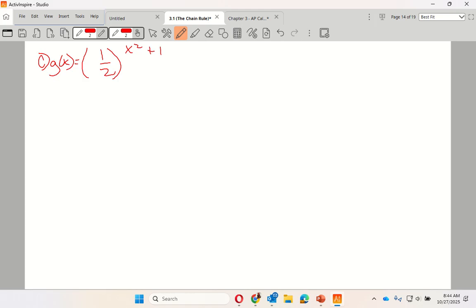What is my complicated part? Okay, so there we go. I'd say u is equal to x squared plus 1. U prime is 2x. So if I rewrite this now, my g of x is equal to